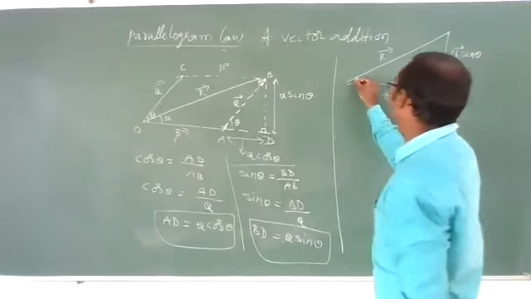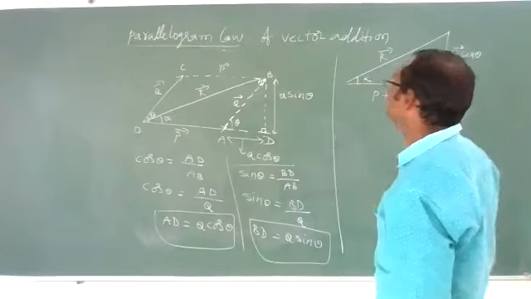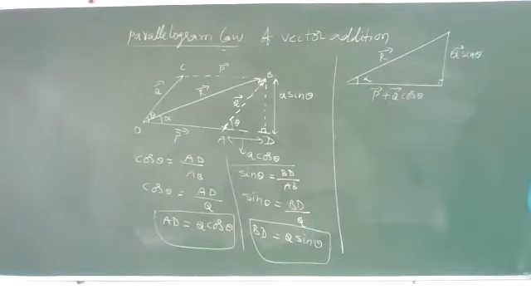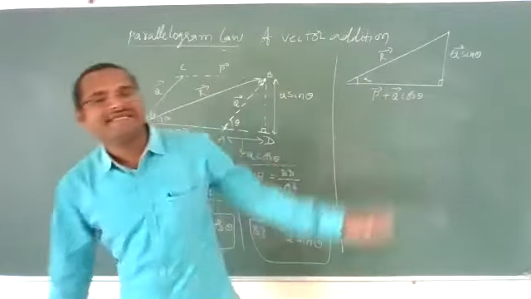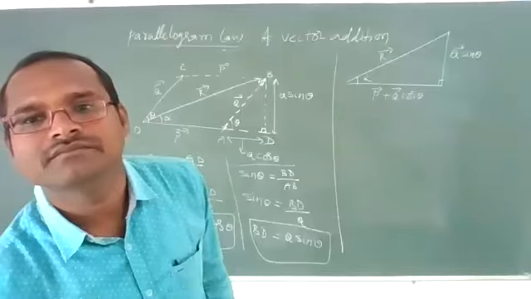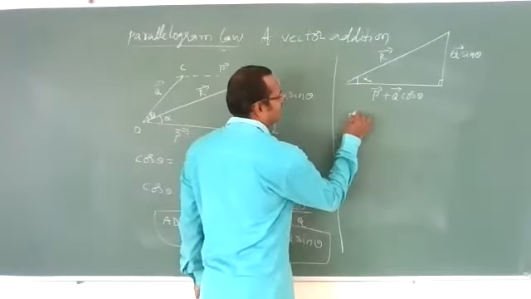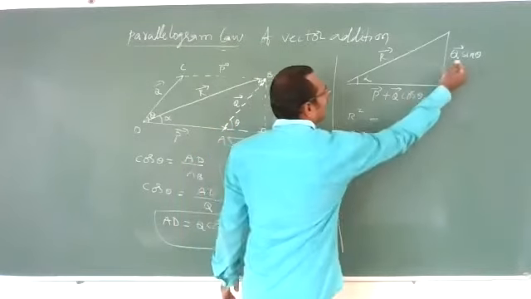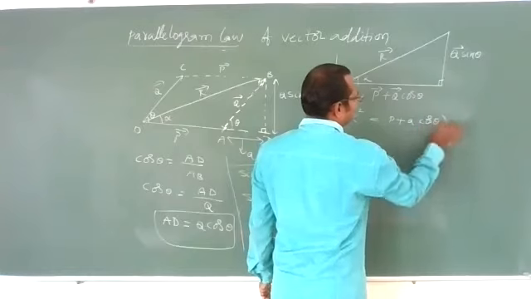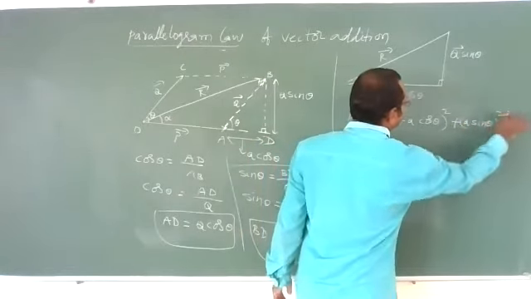Here there is a rectangle and here it is alpha angle. See here alpha angle is there. Clear? Bar also take because these are vectors. Finish. Now it is a right angle triangle. In this right angle triangle, apply Pythagoras theorem. What will you get? Hypotenuse square is equal to opposite square plus adjacent square. First step, adjacent square: P plus Q cos theta whole square, plus Q sin theta whole square.